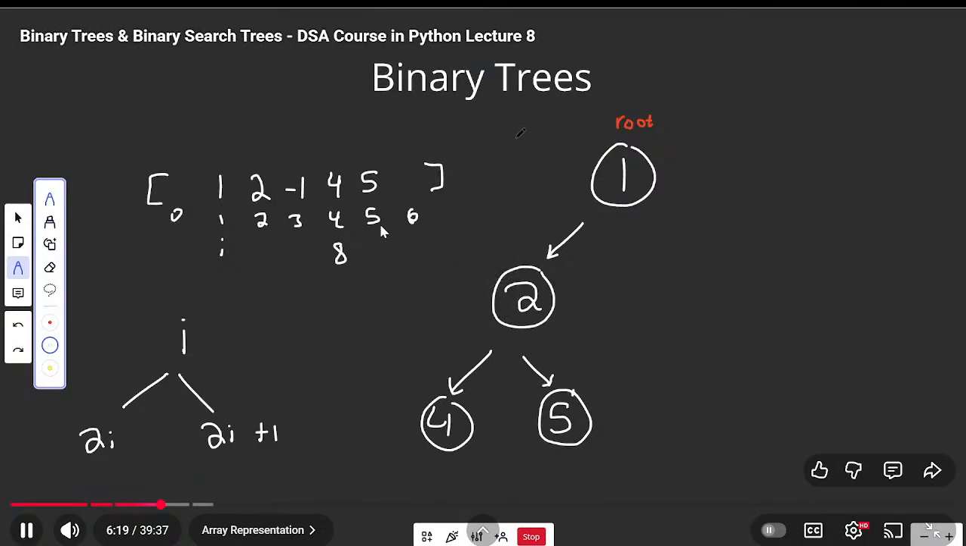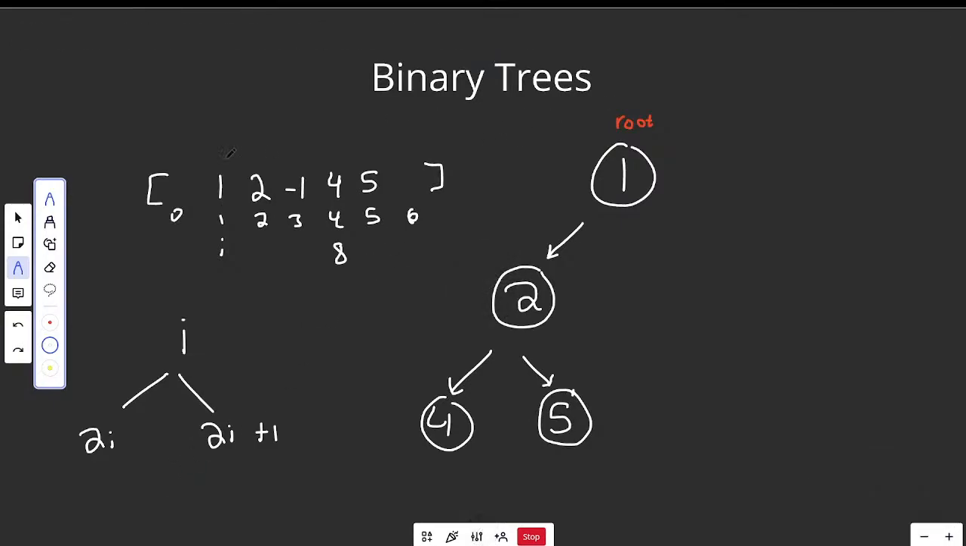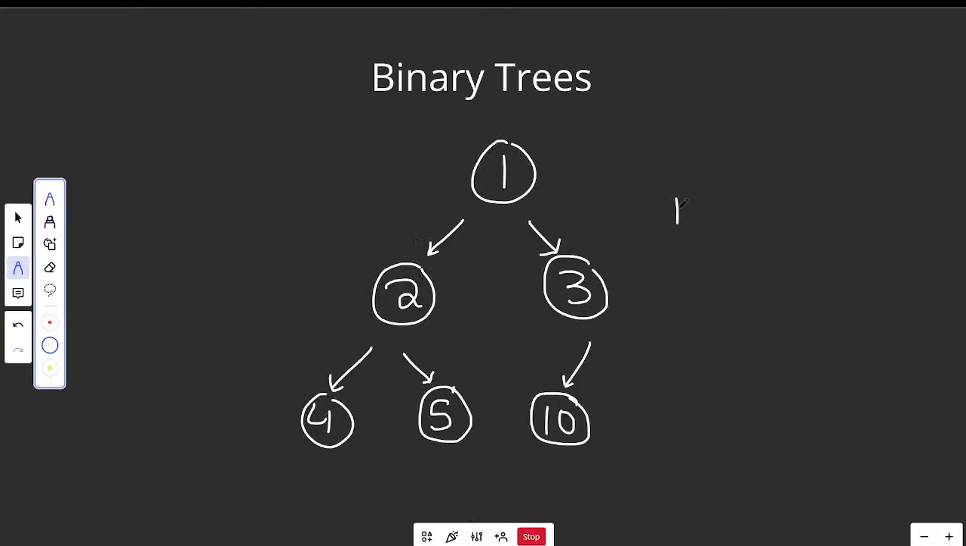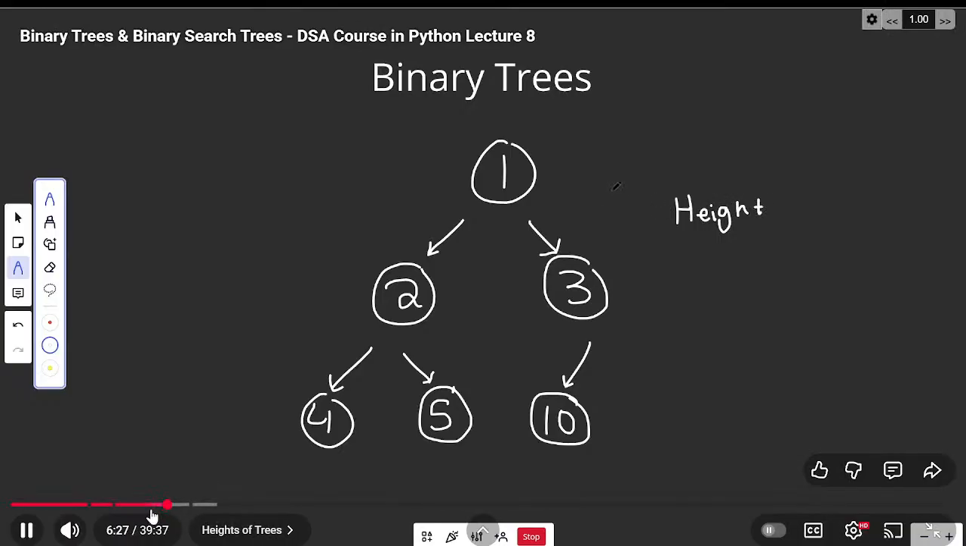Now another important quality of binary trees is that they generally have a height, and so the height is basically